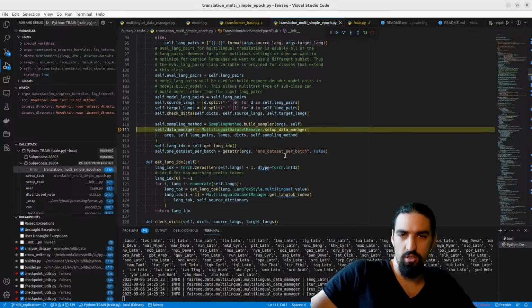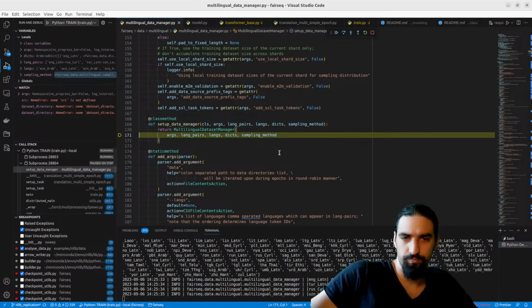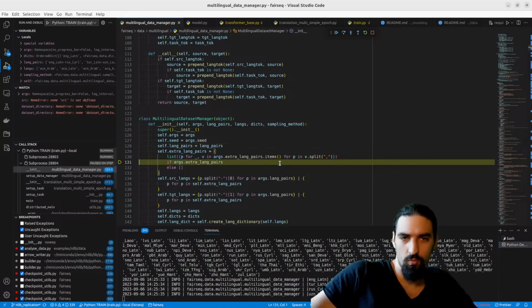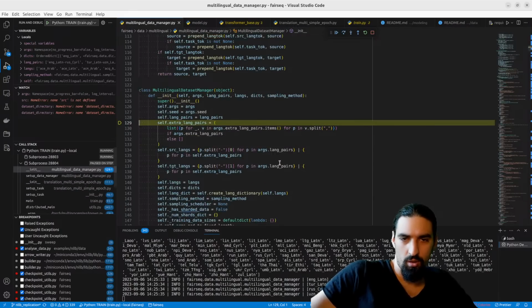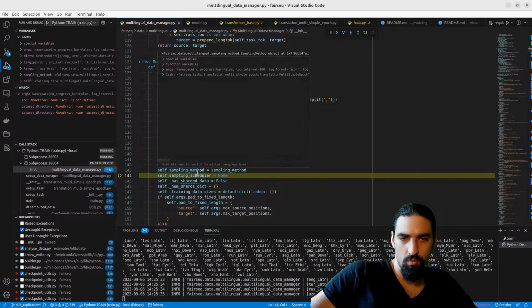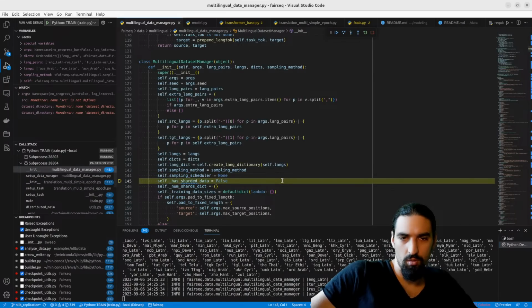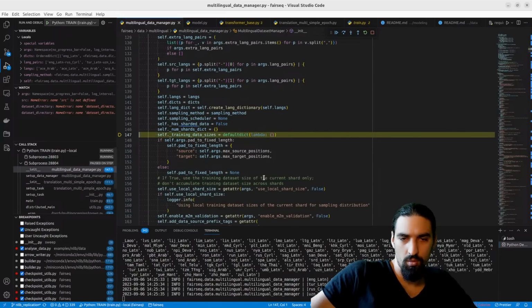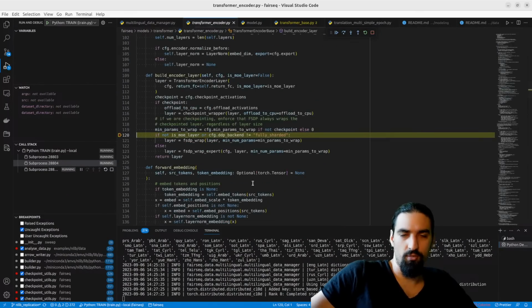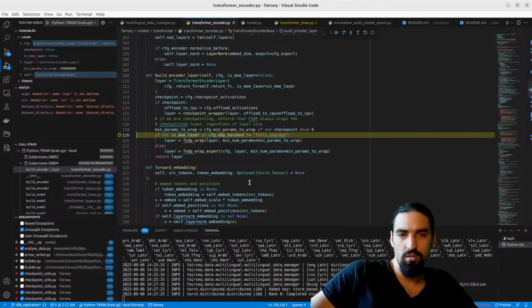Let's just enter here again. Okay, it has something to do with data. Sampling method. Okay, let's hit F5. This is the second.